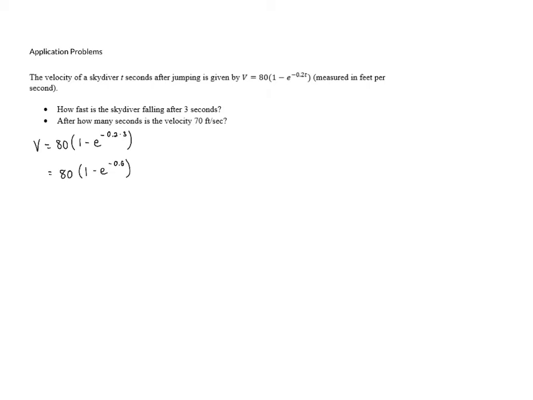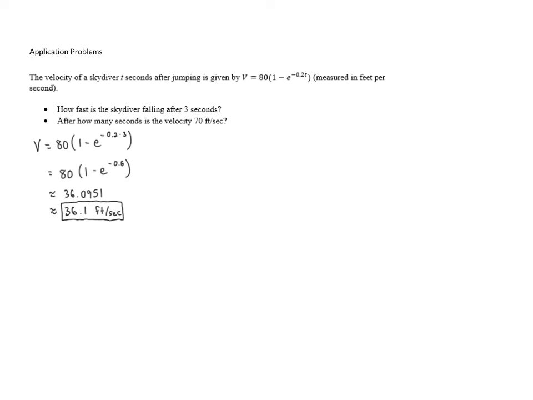0.6. And when we use a scientific calculator to get an approximation, we end up with 36.0951. And we weren't asked what to round to, so let's just round to 1 decimal point, because I don't think we need to be more specific than that. So this becomes about 36.1 feet per second. So after 3 seconds, that skydiver is falling at a rate of approximately 36.1 feet per